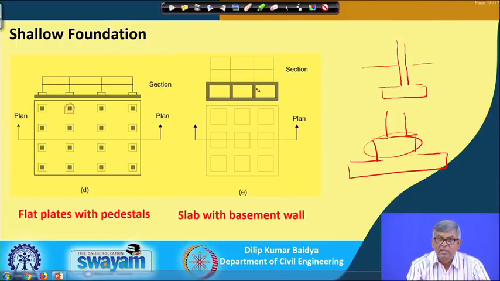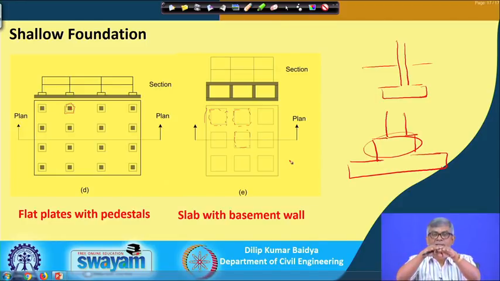And then another type is called slab with basement. That means, you can see this cross section here. This is supposed to be dotted actually, and this should be dark, the outer boundary. You can see that initially there will be a plate at the bottom, and then there will be a basement wall, then again there is a plate, and in between there may be walls, because if the building width is, suppose, 20-30 meters, that slab cannot be so wide. So, in between there needs to be support.